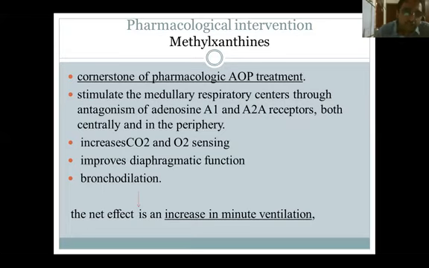Also improves the diaphragmatic function, so that the diaphragm helps in keeping open the rib cage. And also on the bronchioles, it helps in bronchodilation. As a net effect, it increases the minute ventilation. Therefore, by reducing the